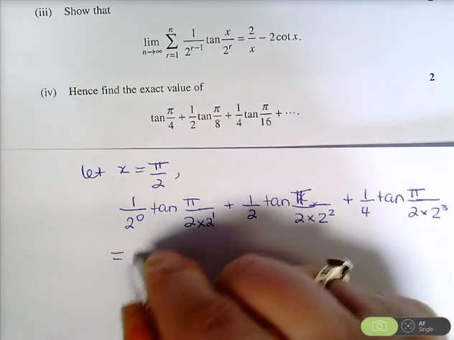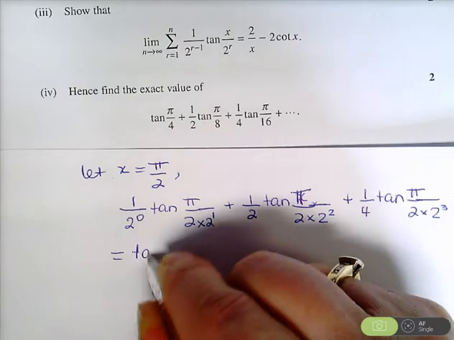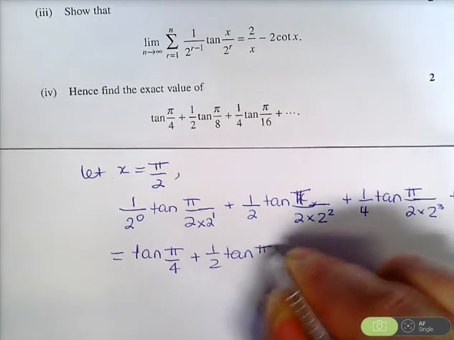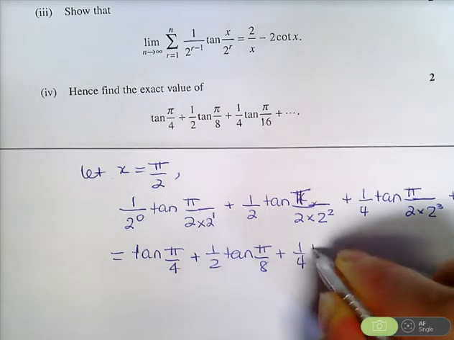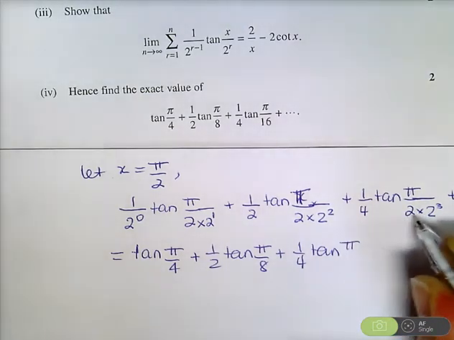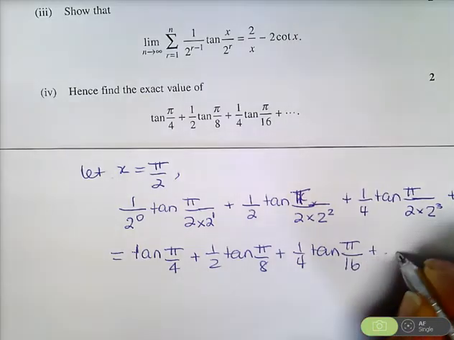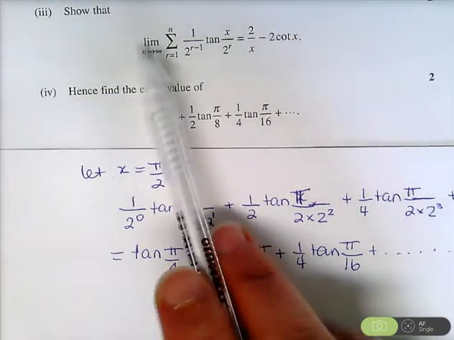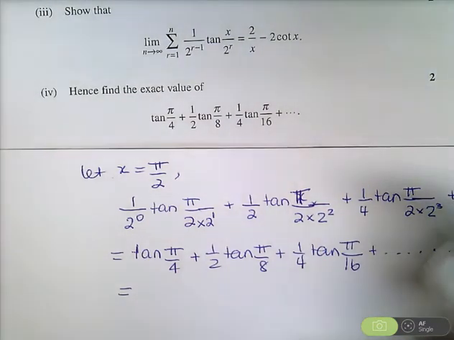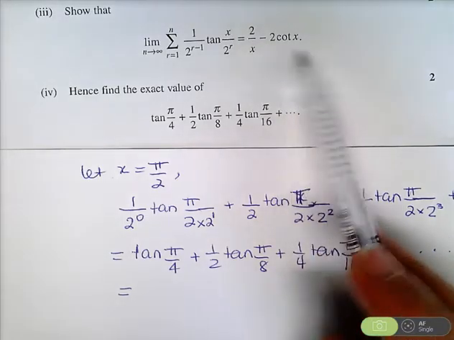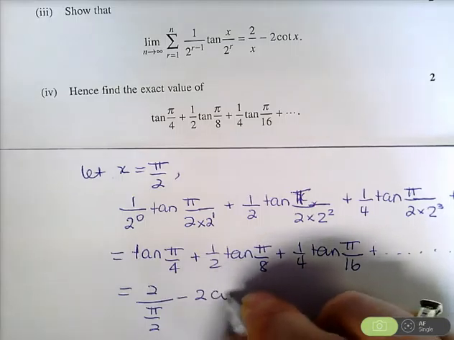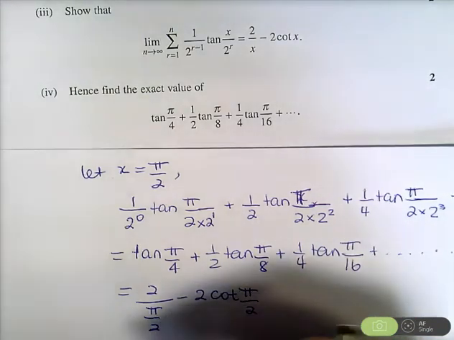So that is equal to 1, which is just tan of pi on 4, plus a half tan of pi on 8, plus 1/4 tan of pi on 2 times 8, which is 16, plus dot dot dot. So if we let x equal pi on 2, we have this series, which is the summation of this. Now we know that that is equal to 2 over x minus 2 cot x, which is 2 divided by pi over 2 minus 2 times cot of pi on 2, which is equal to